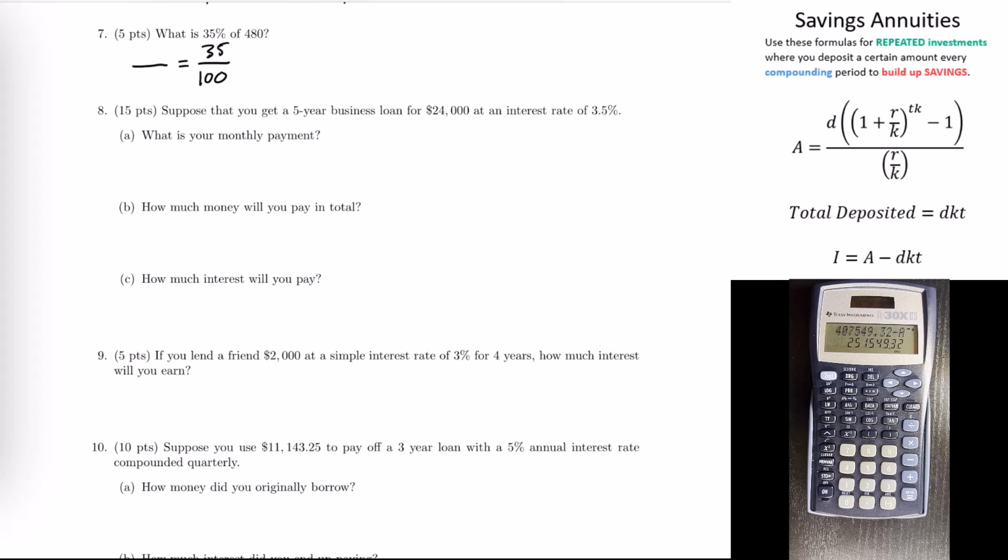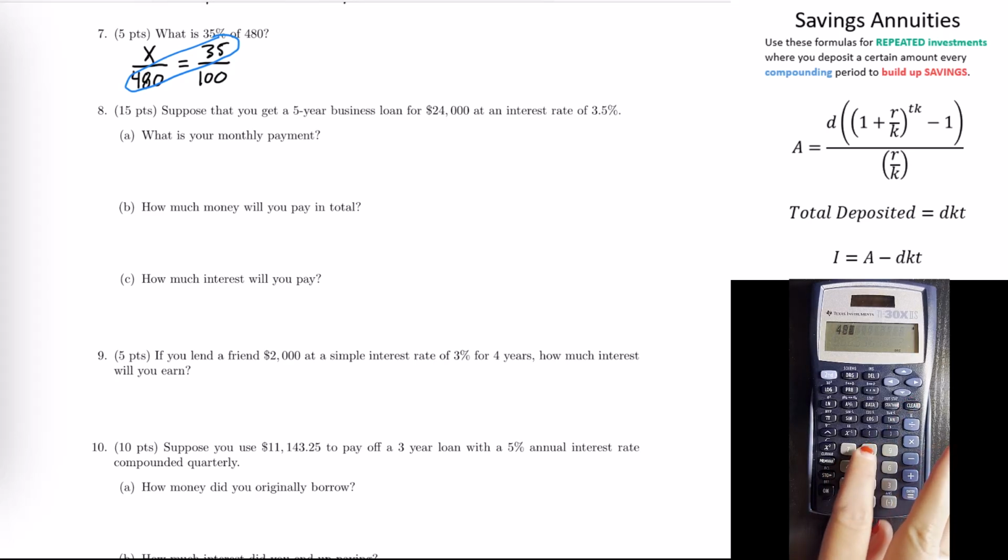So that means we're looking for the number that corresponds to 35%, and the whole that we're trying to find 35% of is 480. So that's how you would set up the fraction, and then you can calculate it by cross multiplying. So 480 times 35 gives you